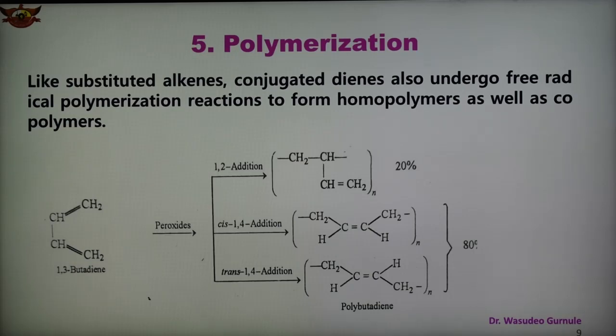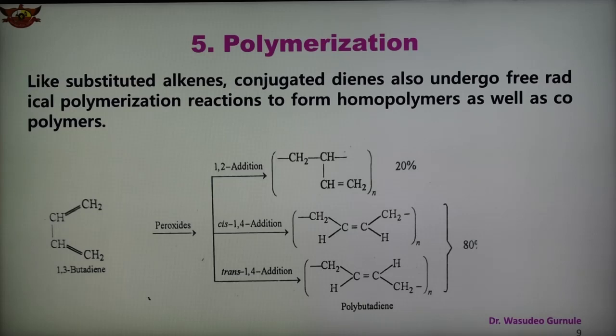There are two differences in the polymerization of diene as compared to the alkenes. Number one, polymerization of diene can occur both by 1,2 and 1,4 addition of the monomer, through the mode of predominate. The polymers derived from conjugated dienes still contain double bond and hence show geometrical isomerism. Polymer derived from 1,4 addition of one monomer unit to another may give both cis and trans addition.